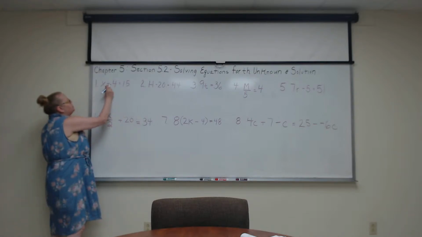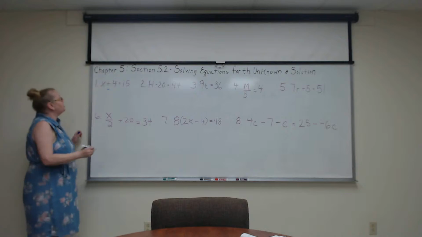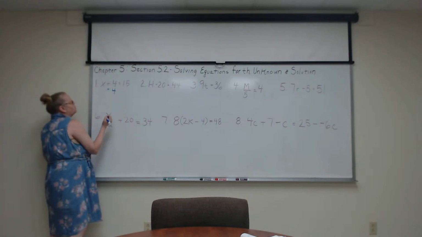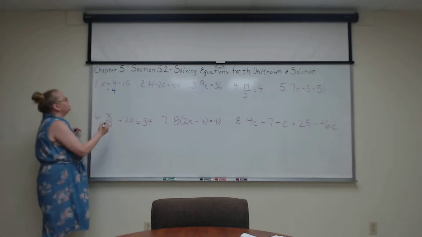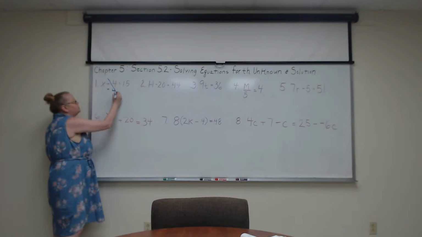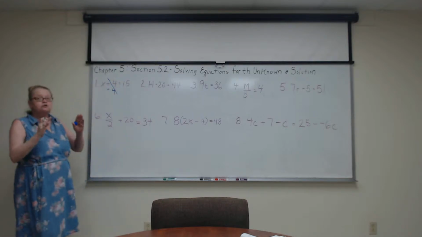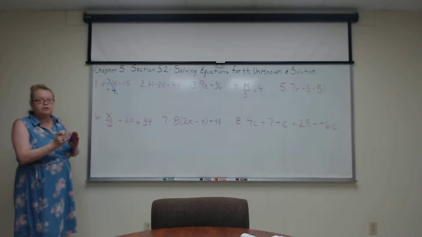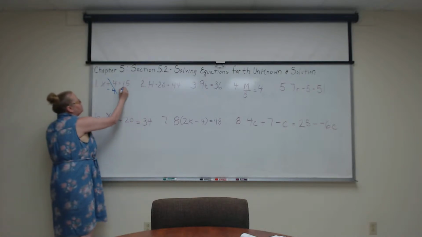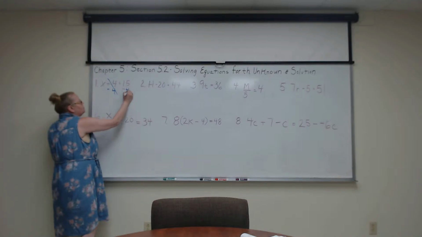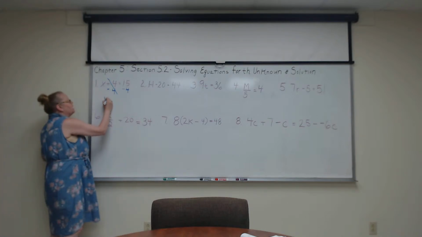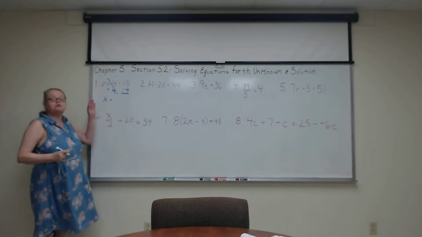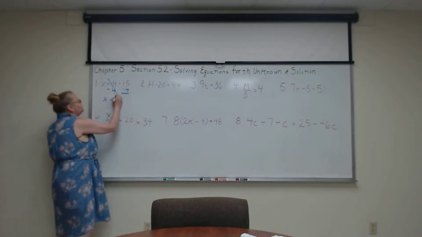And to make this 4 more or less be removed from this side of the equation, we do the opposite operation. If that's addition, we know the opposite is subtraction. So I'm going to go ahead and subtract 4 from here. However, one of the things that you need to keep in mind is that whenever we do the inverse operation, it cancels. But what we do to one side of an equation, we always have to do to the other side. So because I subtracted 4 here, I'm going to subtract 4 from there. What does that do? That leaves me with the x by itself, the equal sign, and we subtract 4 from 15, and we're going to get 11